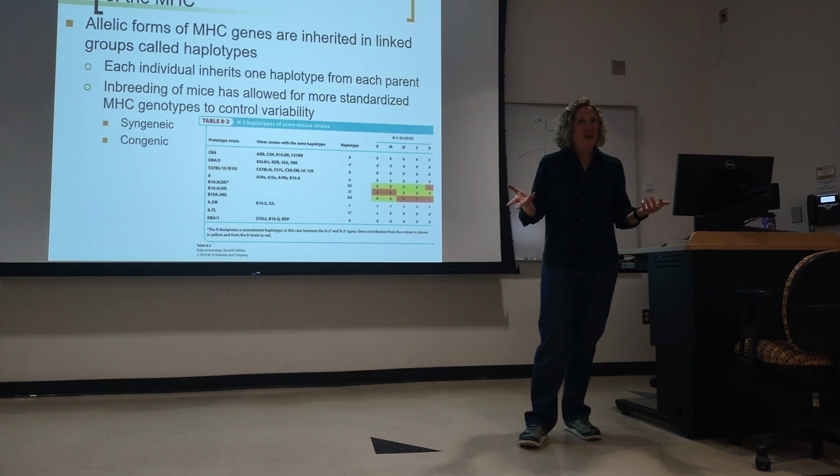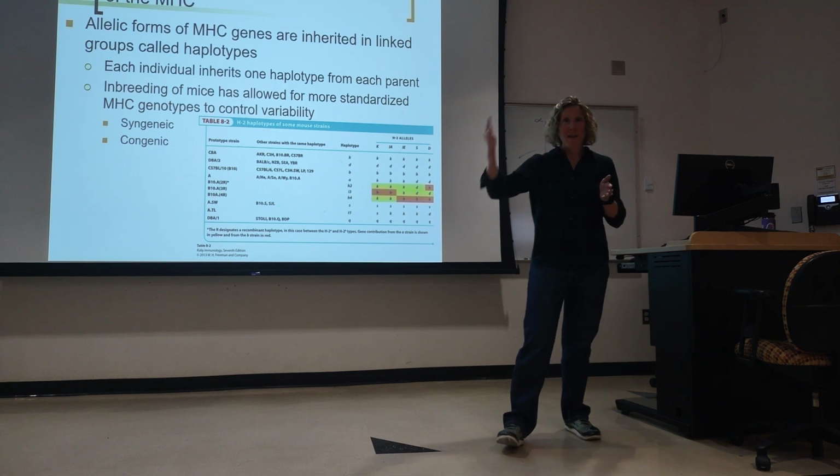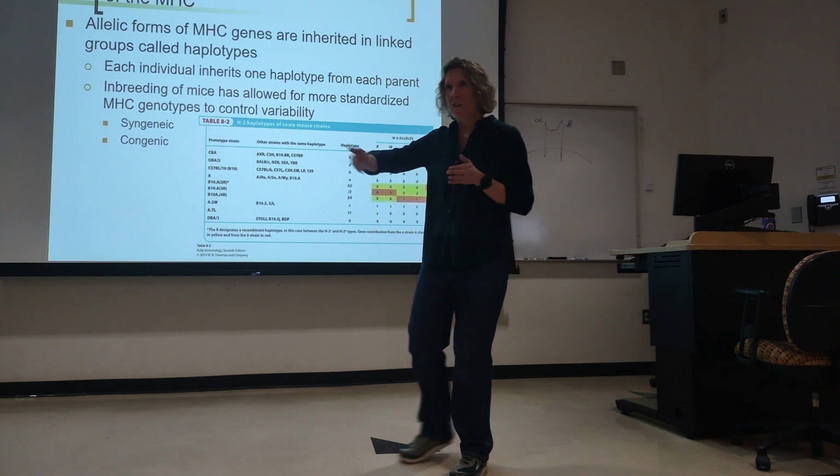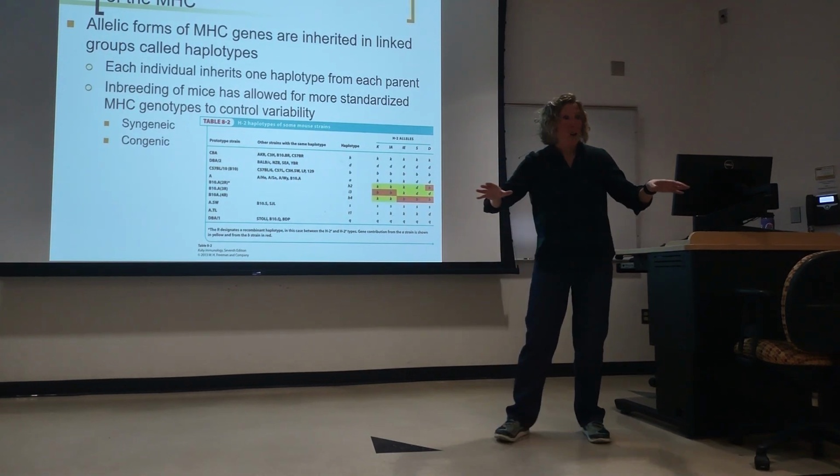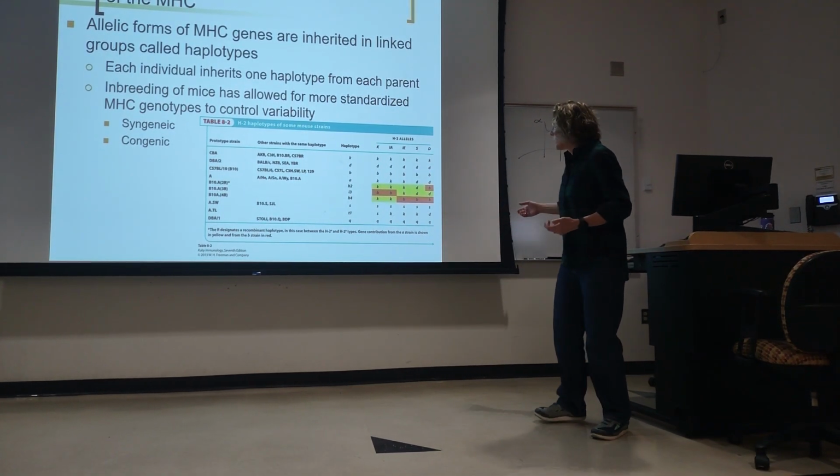They're essentially identical twins of each other, even though they may be different sexes, because we've bred out any variation by back-crossing them. Same genetic background against itself, against itself, against itself. You remove any heterogeneity,